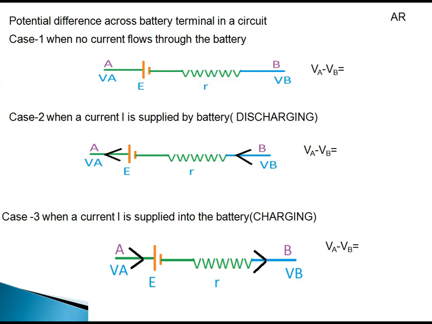In the second situation, current is flowing along this direction. It means when I start from point A, potential is VA. Now I am moving from plus to minus, so I will say minus E. Then this is the direction of flow of current, and when we are moving opposite to the direction of current, it means gain in potential, and that gain in potential is IR. If I is the current, this should be equal to VB. Now I calculate VA minus VB in this situation: E minus IR. I hope it is clear to you.